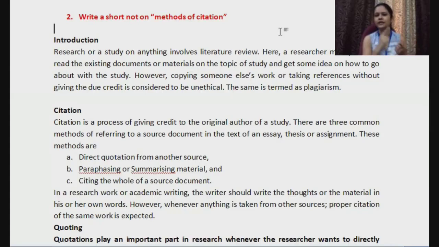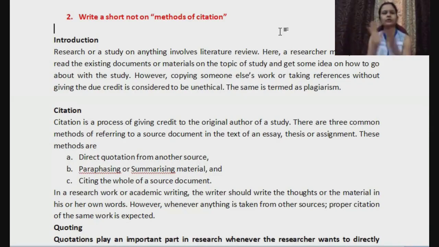You need to give citations or footnotes. Have you come across that question? There is a question, right? Write a short note on footnote. Footnotes, correct, ma'am. Yes, so a footnote is nothing but acknowledging somebody else's work. You basically acknowledge that yes, I have written this assignment, but I took help from this particular author of this textbook or this writer of this PDF or online material. You basically do that.